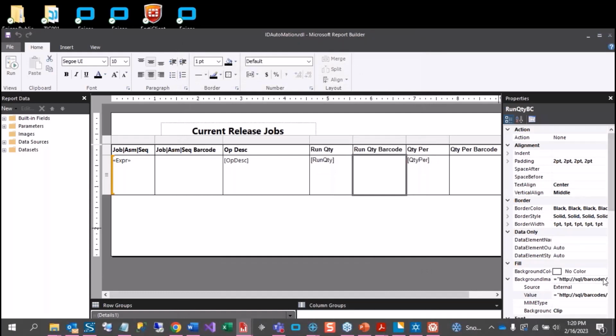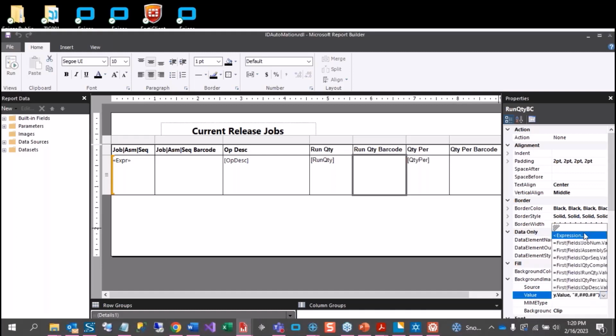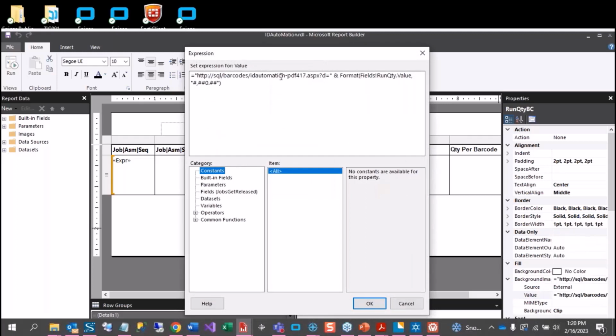And if you're going to use a different type of code, you can look at the expression for those, because they all have different parameters that I don't really know by heart. I just look at the examples that we have to use as a template. So basically this part's all the same, and then dash whatever code and the dot ASPX question mark D equals quotes, and then you can put in whatever field you want